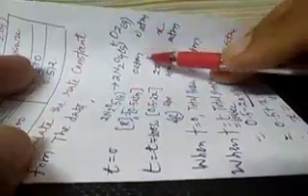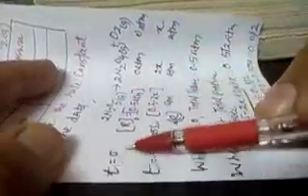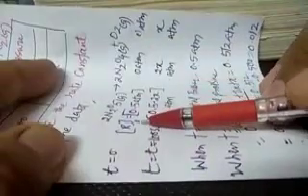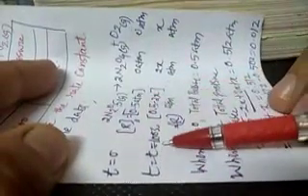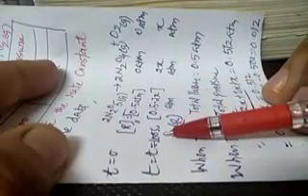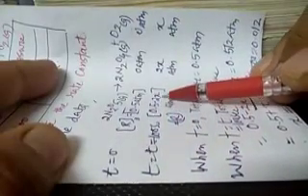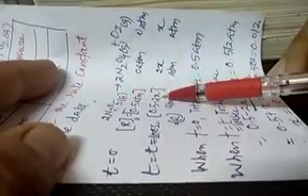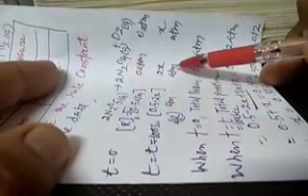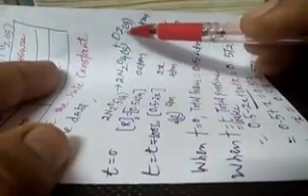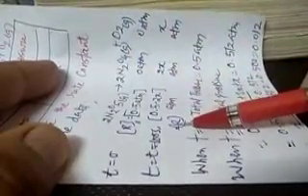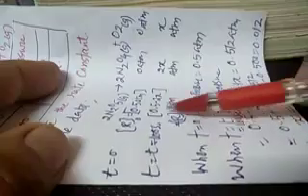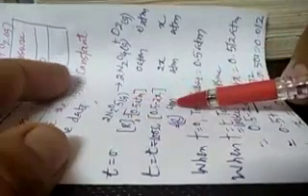So here we can write the reaction N2O5 gives N2O4 plus O2. When T is equal to 0, the initial pressure is 0.5 atmosphere. When T is equal to T, it is 0.5 minus 2x, because 2x is used from it. So 2x atmosphere of N2O4 is made, and x atmosphere of oxygen gas is made. This is the value which is known as R, the final pressure for N2O5.